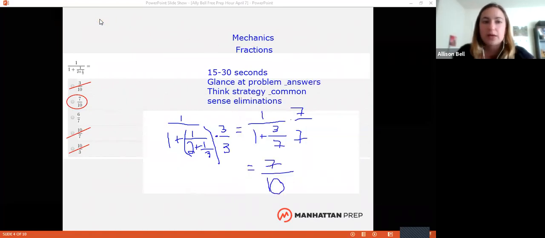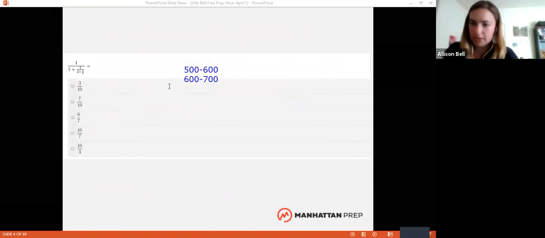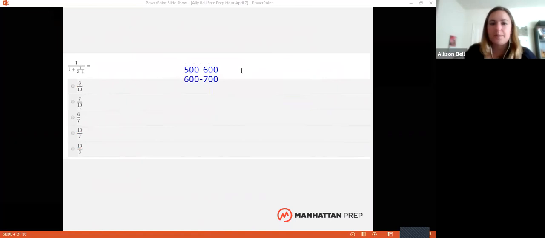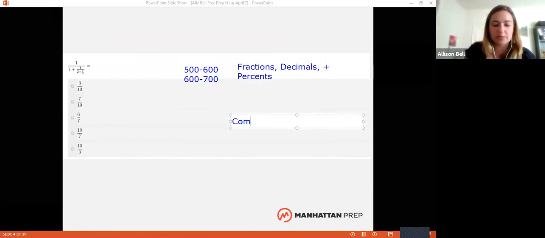Because of that, we often encourage students to sort of level up in their studying. So if you are working on moving from a 500 to 600 score to a 600 to 700 score, and quant is one of your main areas of need, then you might want to focus more on fundamental topics like fractions, decimals, and percents, which is what we're working on today. But save things like combinatorics, probability,